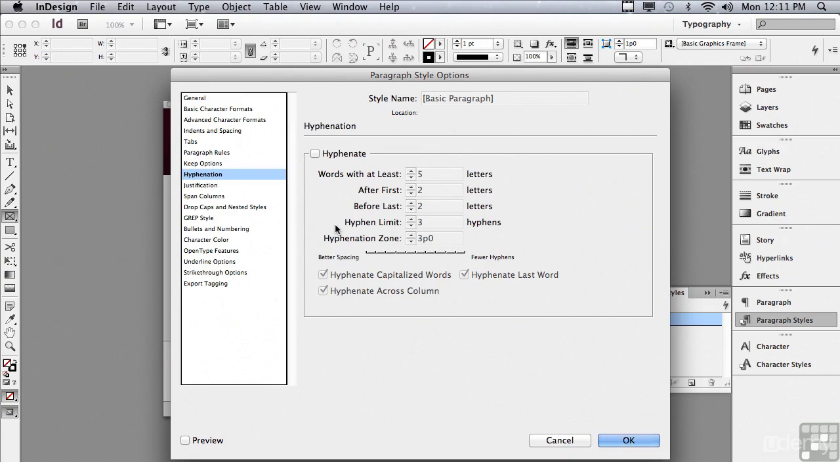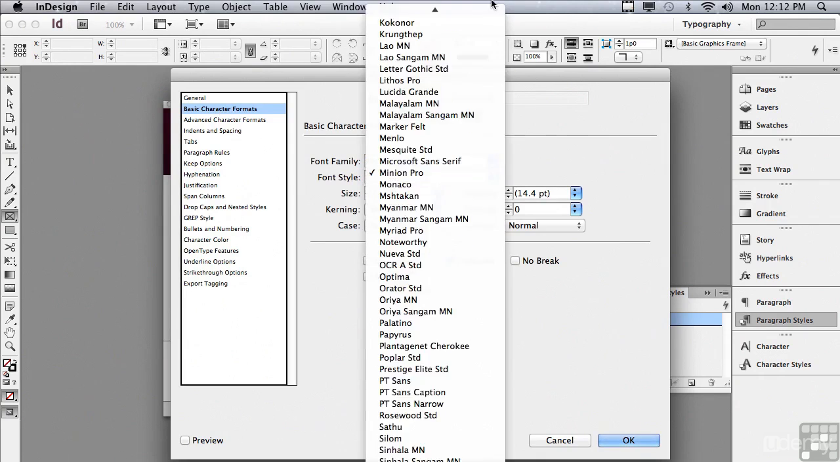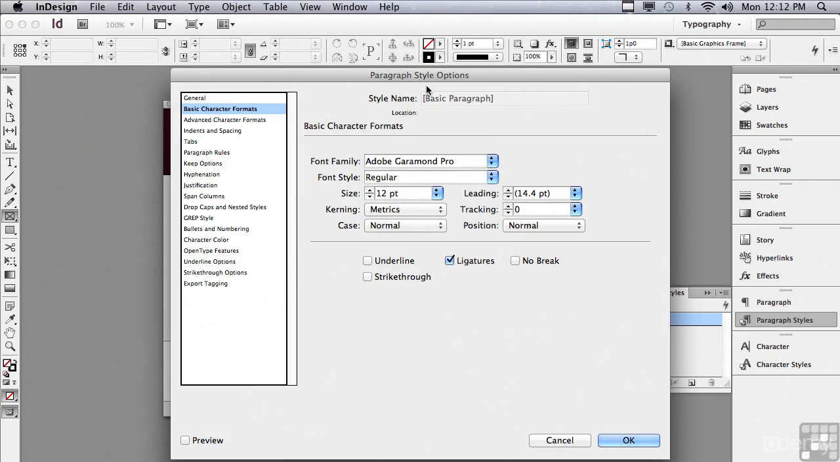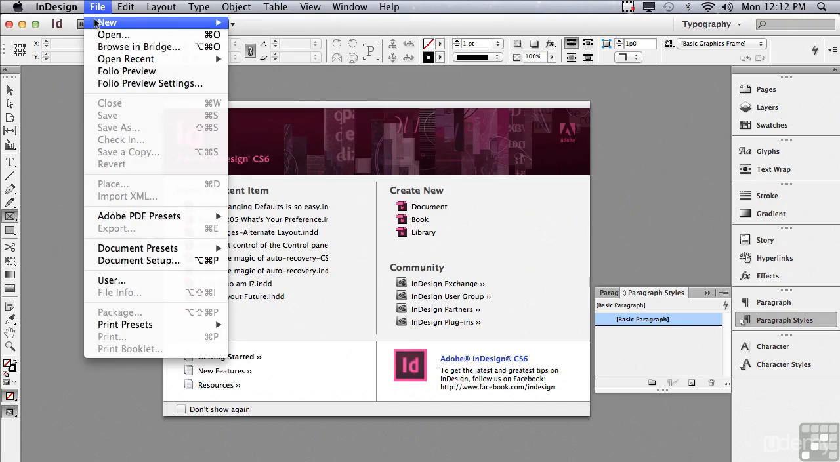Or, just as common, people don't like the default typeface. Is there a way I can actually change it for all new documents? Close all of my documents, and maybe instead of Minion Pro Regular, I want to choose under the G's Adobe Garamond Pro. It's under the G's because it's a Garamond. If I click OK, and now open a new document,